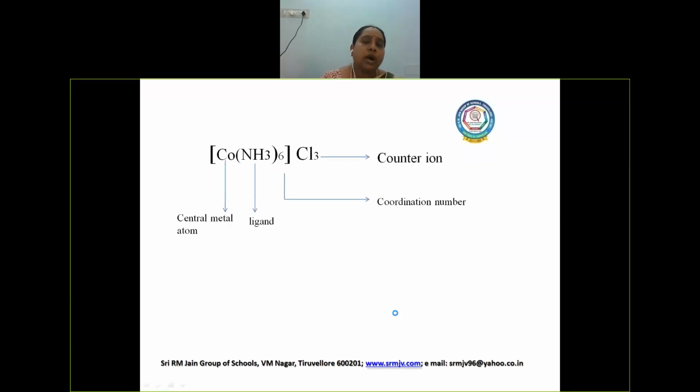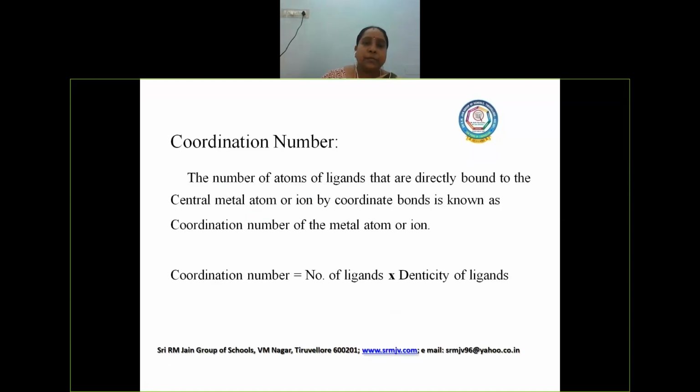If we take coordination number, what does it mean? What is coordination number? It is nothing but the number of atoms of ligands. As you know very well, ligands may be neutral molecules or anions, that means negative ligands. Even positive ligands are also there, like nitronium. Okay, so when these ligands are getting attached to the central metal atom, the total number of ligands attached directly, okay, to the central metal atom is actually called the coordination number, right?